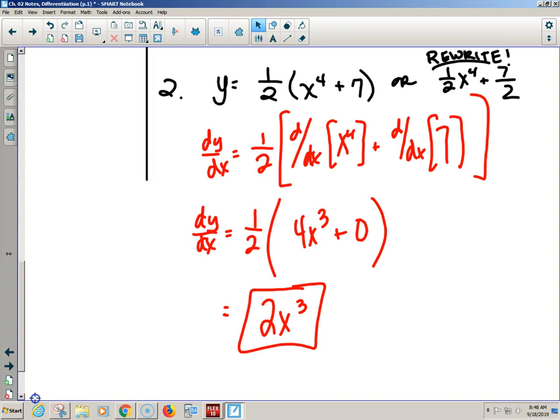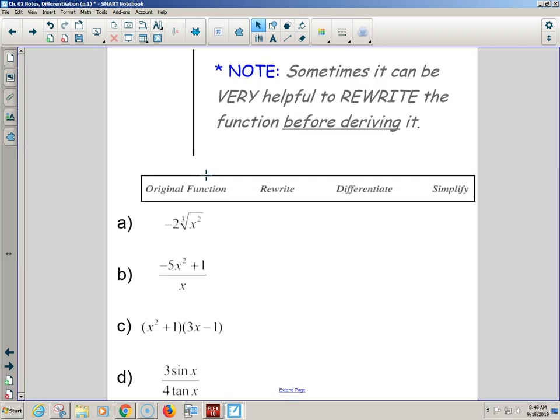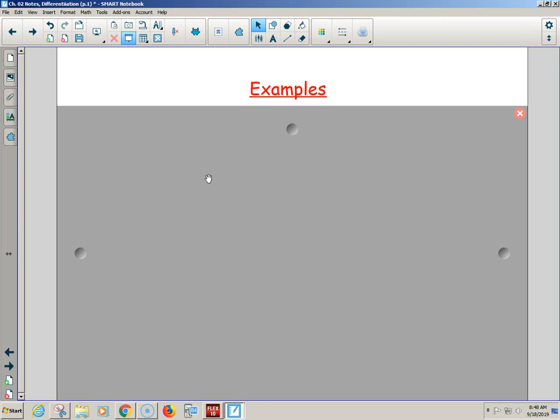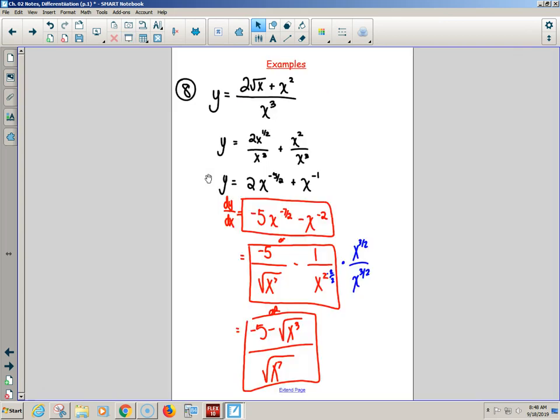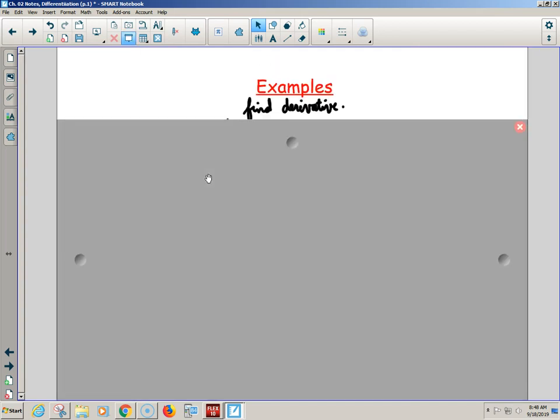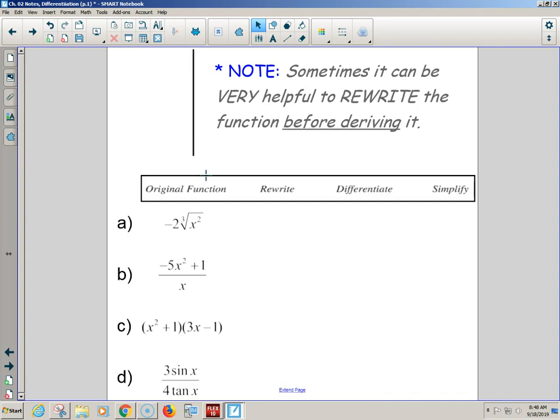Hey, this is the section of the chapter. Here's the dealio. Guys, I'm in the section. Relax. Let's see what other pages we have. Hey, what's the majority of the section? Can't show you that yet. Do you guys see how many examples we have? So why do we have so many examples? There's a lot of basic rules. Because it can get hard. Basic rule, basic rule, basic rule, basic rule.